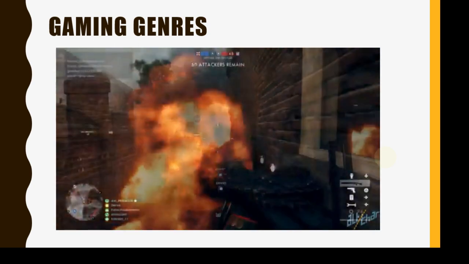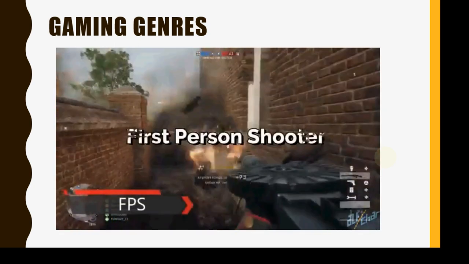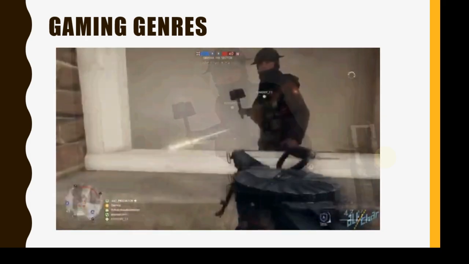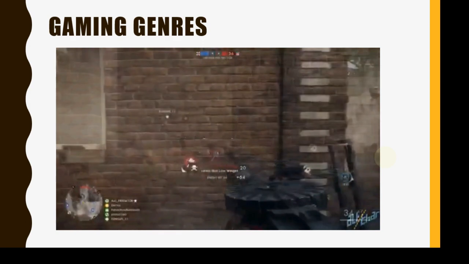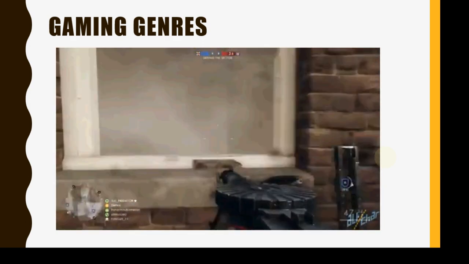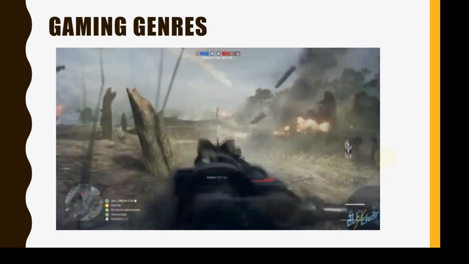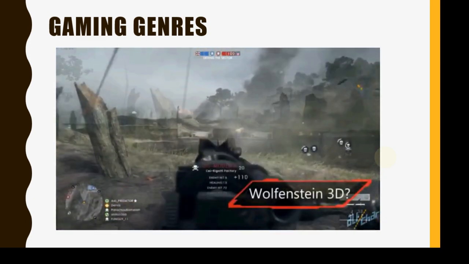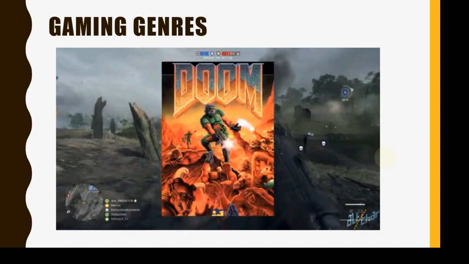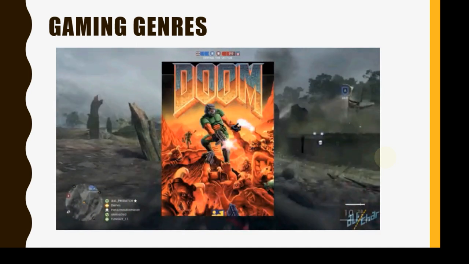Let's start with the easiest to spot: FPS, first-person shooter. FPS are characterized by real-time, fast-paced action, which you see through the eyes of the character, hence first person. And you tend to do a lot of shooting in them, so yeah, FPS. There's debate over which was the first, but the one that really set the ball rolling was without doubt Doom, which also introduced multiplayer matches and overnight reset the bar.